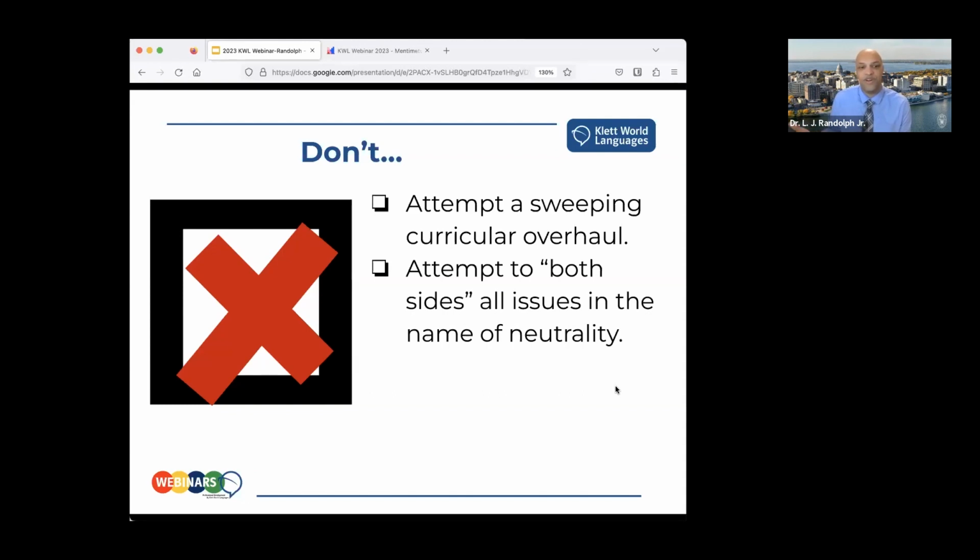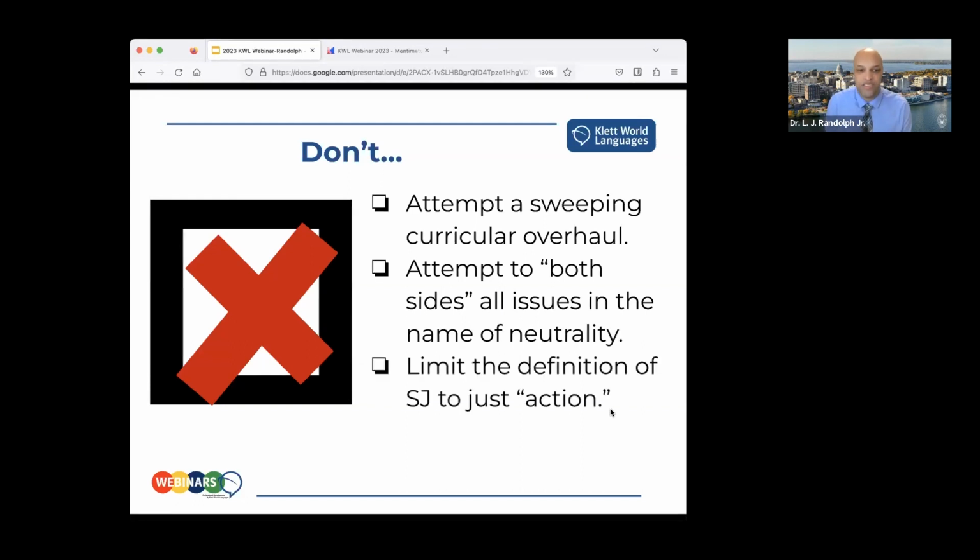So don't do that. And if you're uncomfortable with that, you might want to look at ways that, to use that same example, you can frame it by saying, hey, let's look at ways that immigrants have been involved in their own liberation and in their own fights for justice. So asking how questions rather than either-or questions is a way to address that as well.